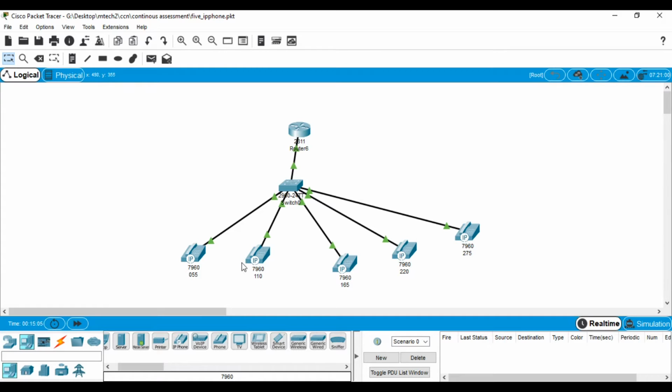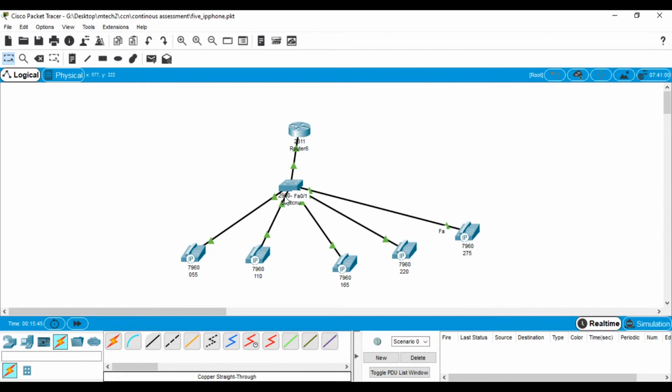Now, after placing this, we place the switch and router from network devices. Here you can see the router and the switch. From switch, I have picked 2960 and from routers, I have taken 2811 router, and now we have to do the connections between them. I connected my IP phone with the switch, the straight Ethernet cable you are seeing here. This is the straight Ethernet cable. I have connected between with this, and then from switch to router also we connected with the straight Ethernet cable,